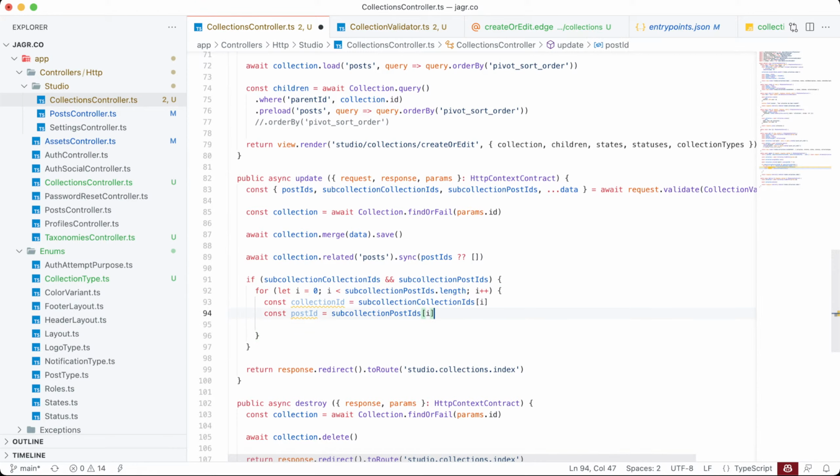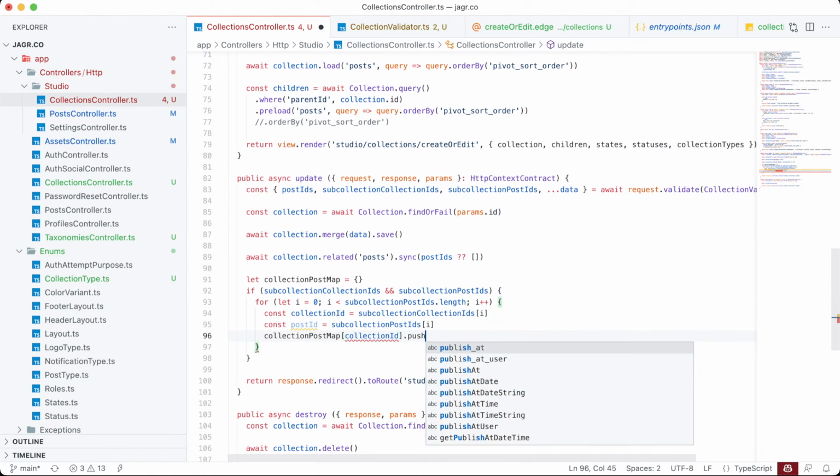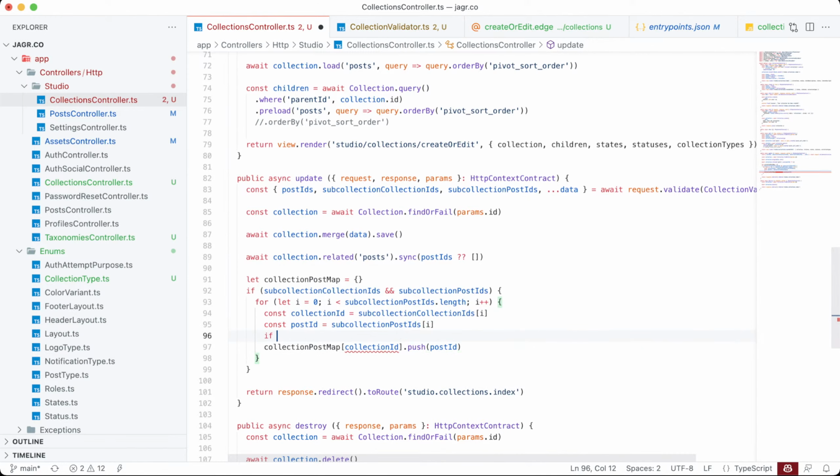Let's go ahead and just do let collectionPostMap equal an object, and then for each one of these, let's do collectionPostMap[collectionID].push(postID) if not collectionPostMap[collectionID], then